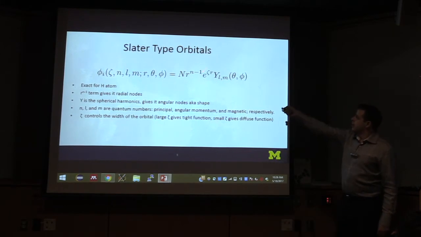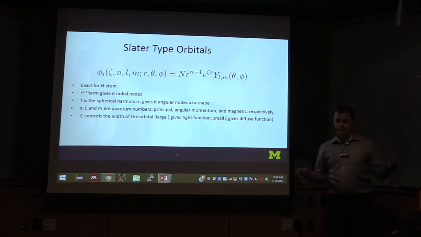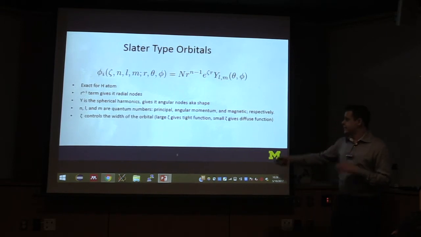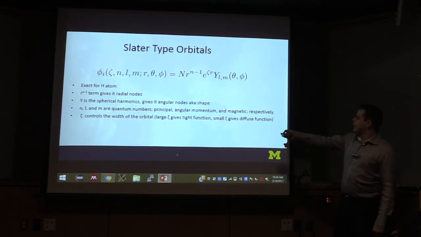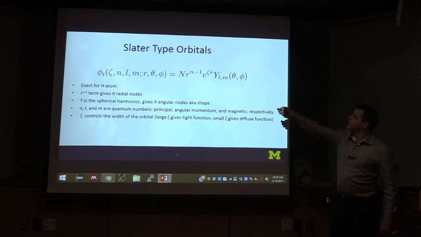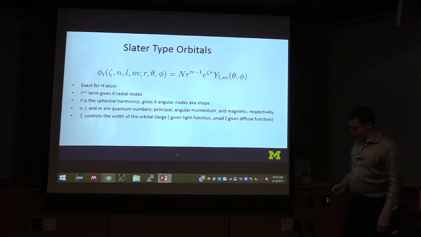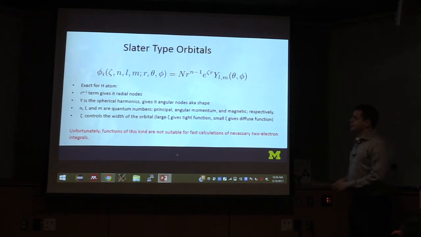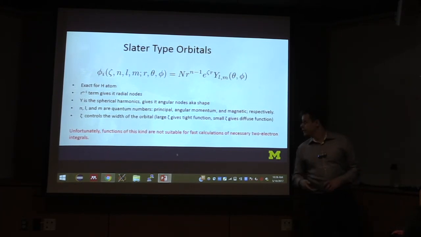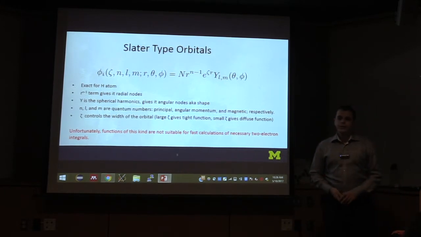Zeta here controls the width of the Slater type orbital. So a large zeta means that the Slater type orbital decays very fast. It's very tight. Whereas a small zeta means that the orbital decays very slowly, and it's called diffuse. However, Slater type orbitals are not suitable for fast calculations of necessary 2-electron integrals in electronic structure theory calculations, so